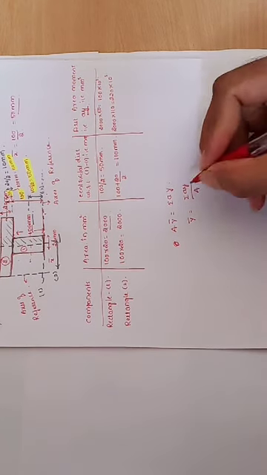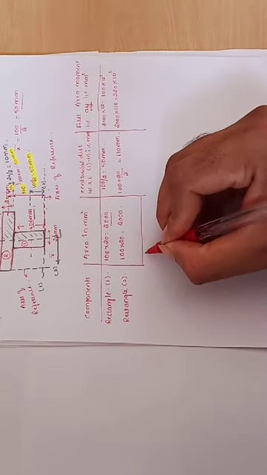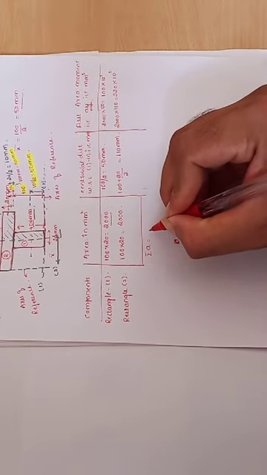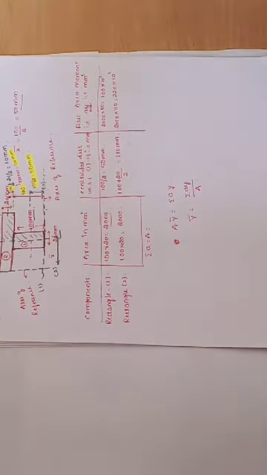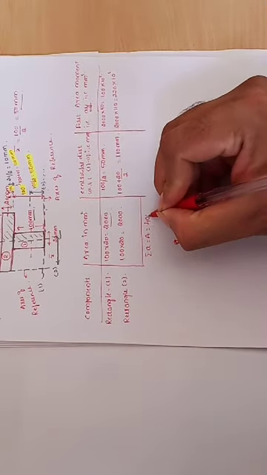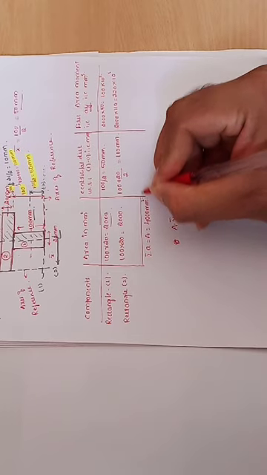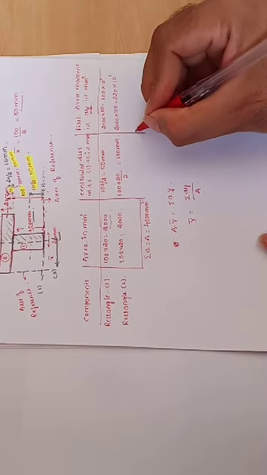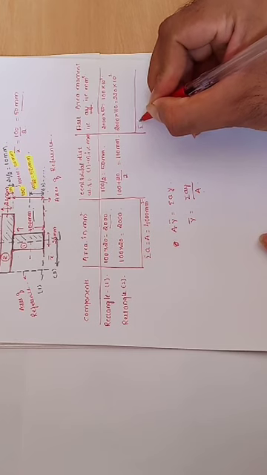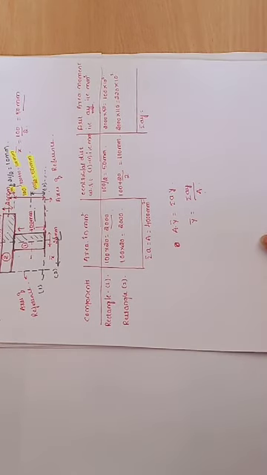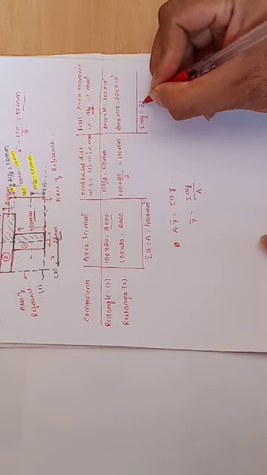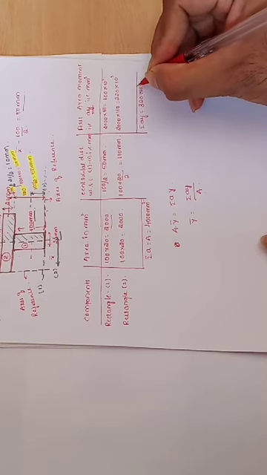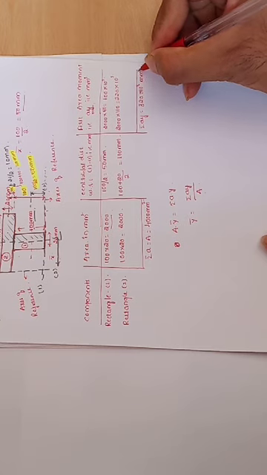How will I get this total area? So that will be summation of A. This summation of A is equal to total area A. So that will be equal to 2000 plus 2000, so that will be 4000 millimeter square. And finally find out what is the summation of AY. Summation of AY is equal to 100 plus 220. How much will you get? 320 multiplied by 10 raised to 3 millimeter cube.